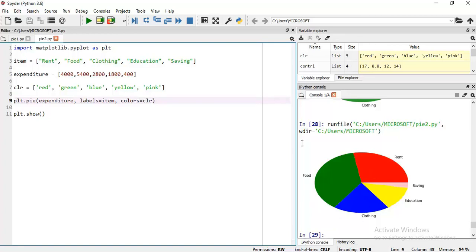This is the first method. Or instead of this, you can write this list directly, rather than storing it in a variable, you can directly write here like this.